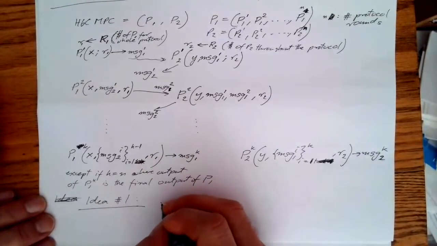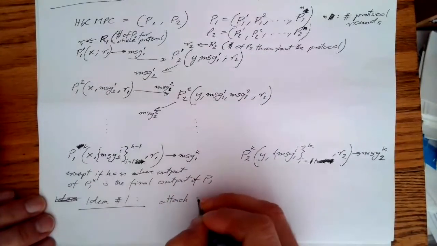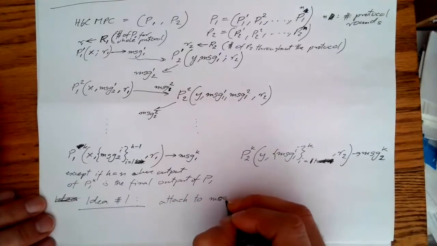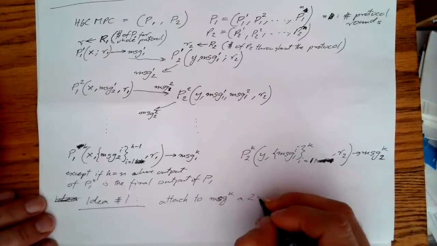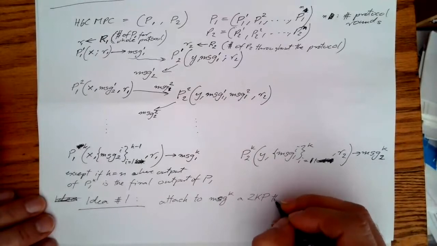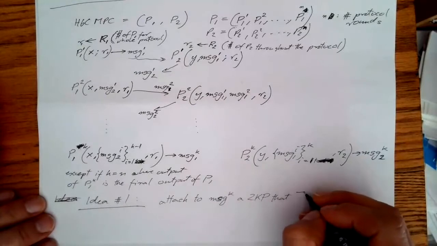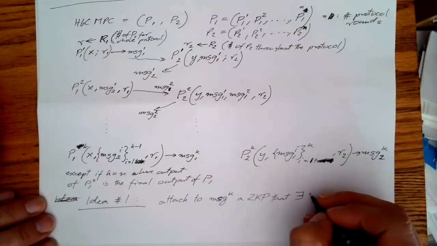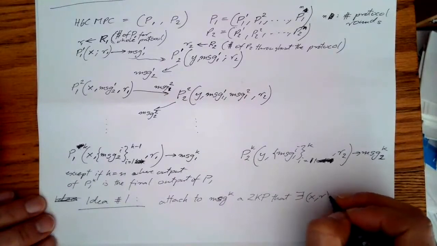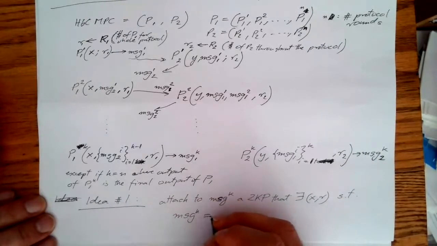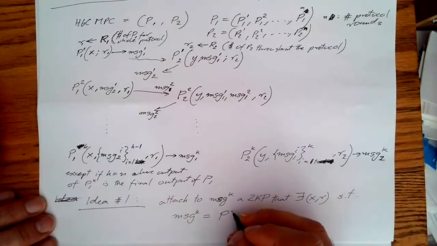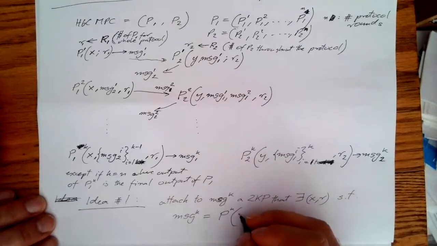By attaching to the message that you use in round K a zero knowledge proof that there exist randomness, input X and R, such that the message at K is an output of the algorithm P at round K on inputs X,